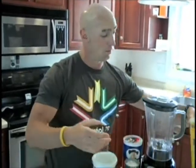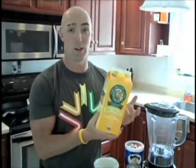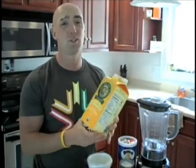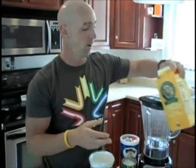And we're going to use for milk, organic, DHA infused. Now the DHA from this isn't as powerful as from a fish oil, but you know, a little bit goes a long way. So even if you're not taking anything in for DHA or omega-3s, at least you can get a little bit this way. And so we're going to use, for sweetener, which is going to be awesome,